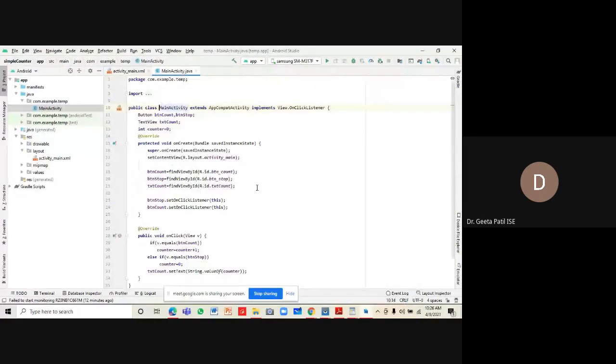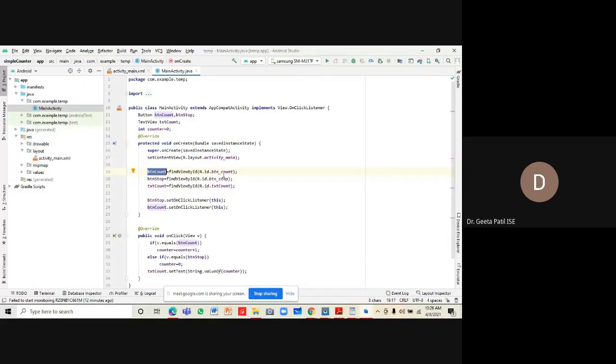Now let's go to the Java file. In the Java file, recall what we had done today. We need to connect the two buttons present, the count button and the stop button, and we need to get the details of the text view count. The onCreate function comes by default, and then we set the references.